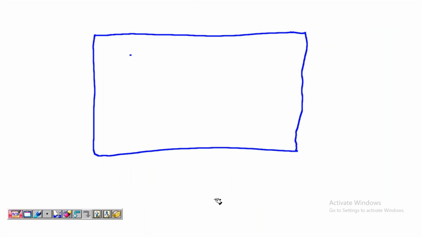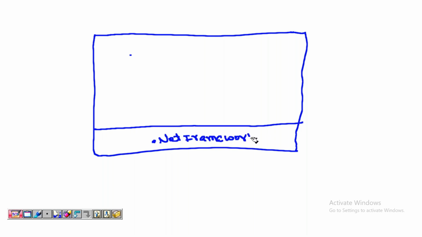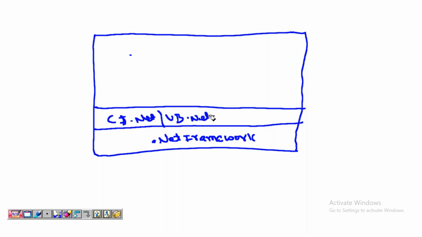This layer is the .NET framework. On the .NET framework, this layer is your languages. You can call them C#.NET or VB.NET. Nowadays everybody is using C#.NET.